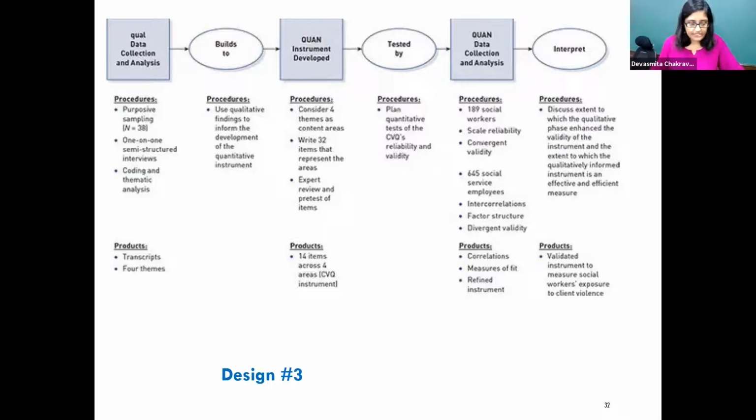So there are 3 steps where the mixing is happening. The first step of mixing is happening when the qual data collection and analysis is leading to some kind of instrument or evaluation technique or scale that I am developing. And the second one happens when I develop and apply something. And the third time it happens when I'm interpreting it. Read the paper, it's very simple. The paper will exactly tell you how it is happening.